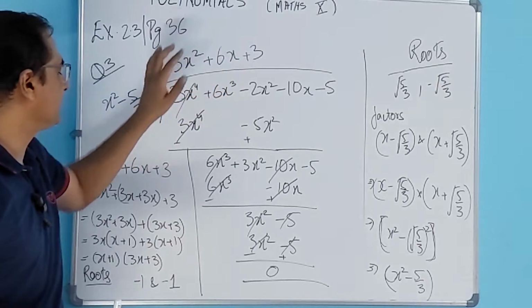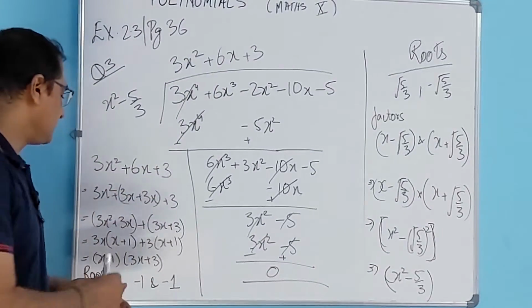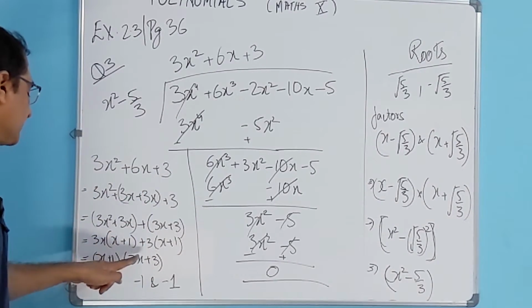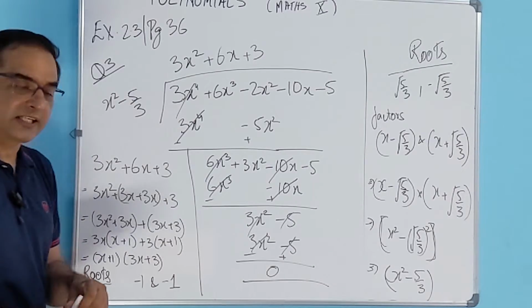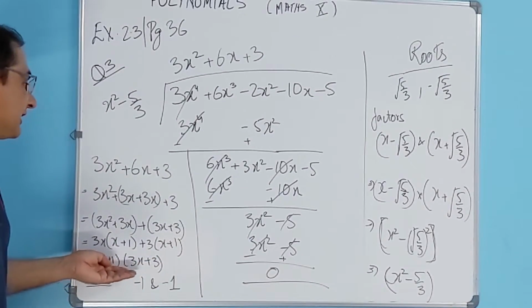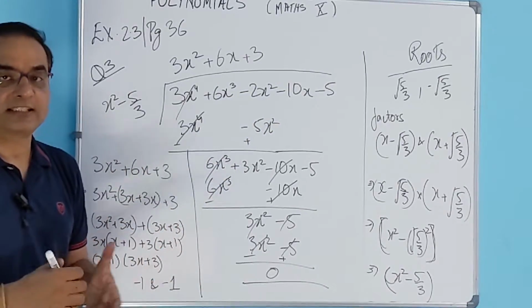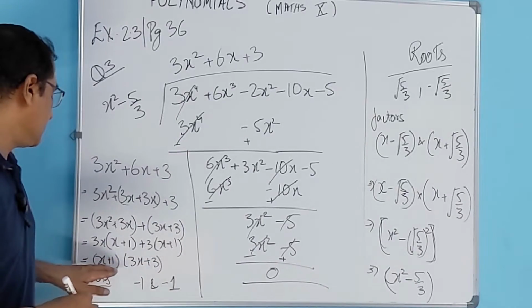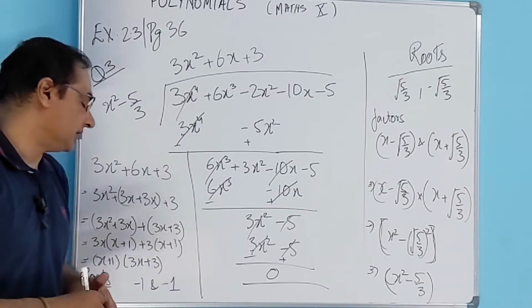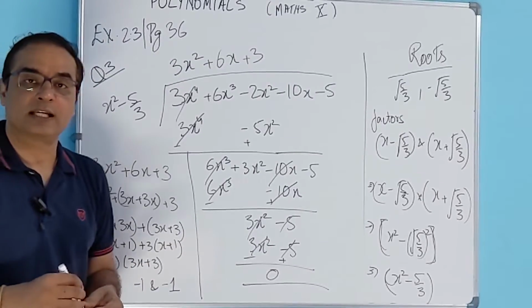So what do we do? We take the quotient separately, and then we factorize this quotient, or the quadratic equation, by splitting the middle term, and then we get the factors. What are the factors we get out of it? One is x plus 1, second one is 3x plus 3. So again, given the same relationship which we have with the zeros and the factor, what do we find? The two factors which we get from here, one is minus 1 and another one again is minus 1. So these are the two remaining zeros, minus 1 and minus 1.